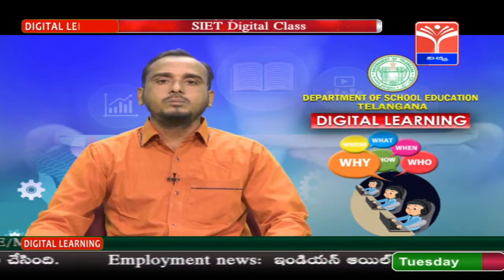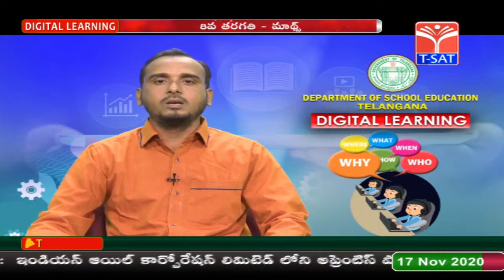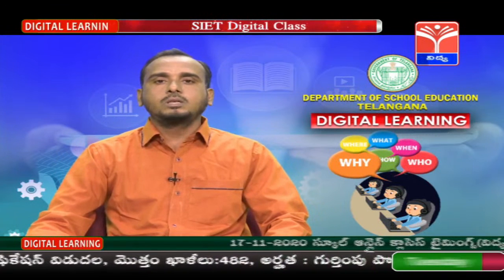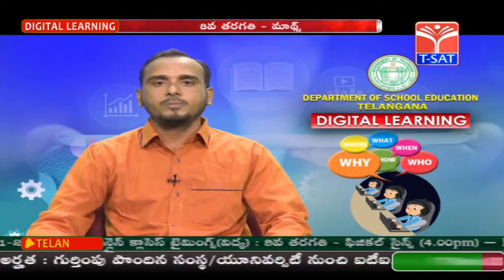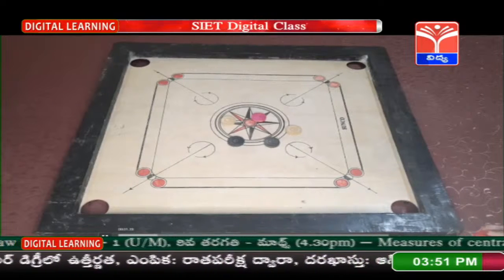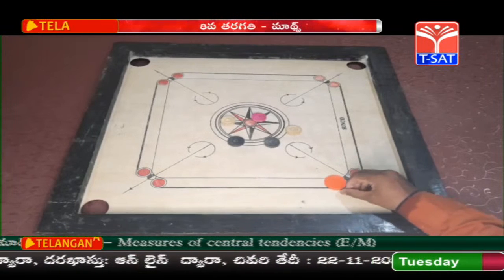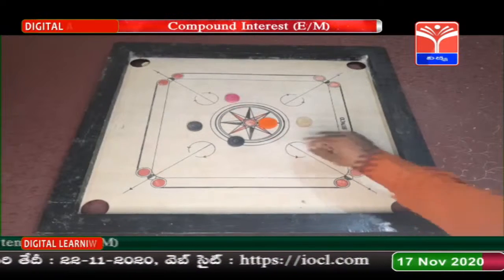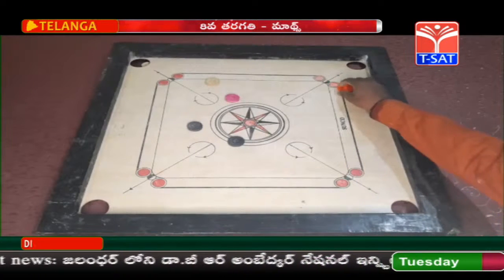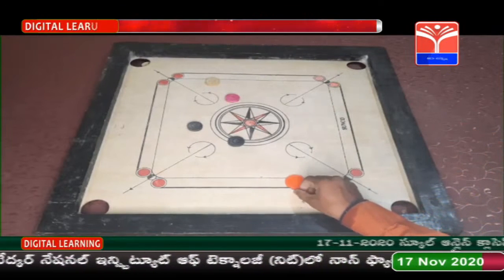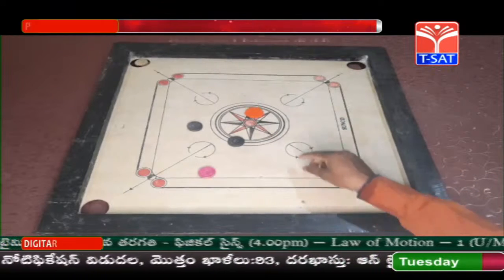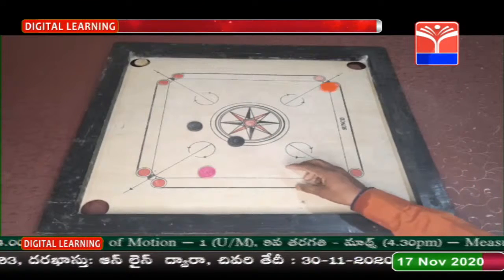मशग़ला नंबर 12 है। यहाँ पर आपको एक कैरम के बोर्ड पर कुछ कॉइन्स को स्ट्राइकर से मारना है। ये तो आपका पसंदीदा मशग़ला रहा होगा, मगर यहाँ पर इस मशग़ले के ज़रिए हम क़ुव्वत के तहत जो बातें सीख रहे हैं उसे समझना है। जब कैरम के कॉइन्स को स्ट्राइकर से मारा जाता है तो साकिन कॉइन मुतहरिक हो जाती है। यानी जब कॉइन साकिन थी, स्ट्राइकर से मारने पर वो मुतहरिक हो गई। और ऐसा भी हो सकता है कि जो कॉइन जिस डायरेक्शन में थी उसकी डायरेक्शन या सिमत बदल गई। ठीक है, तो इस तरह पहली बात हरकत, दूसरी बात हरकत की सिमत, ये दोनों चीज़ें आप यहाँ पर समझ चुके हैं।